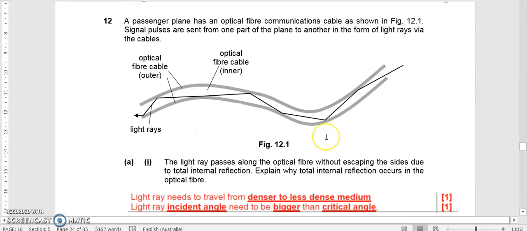That's it. Okay, question 12, last question for the day. Okay, light passes through